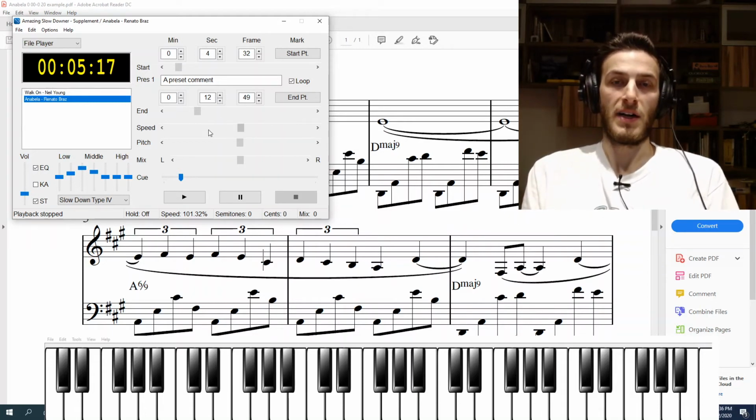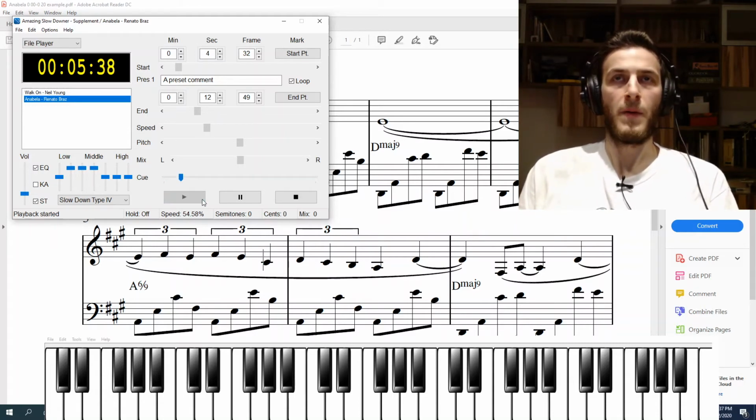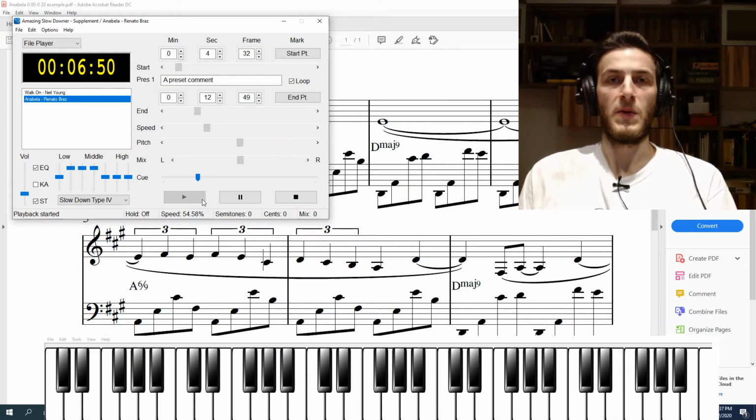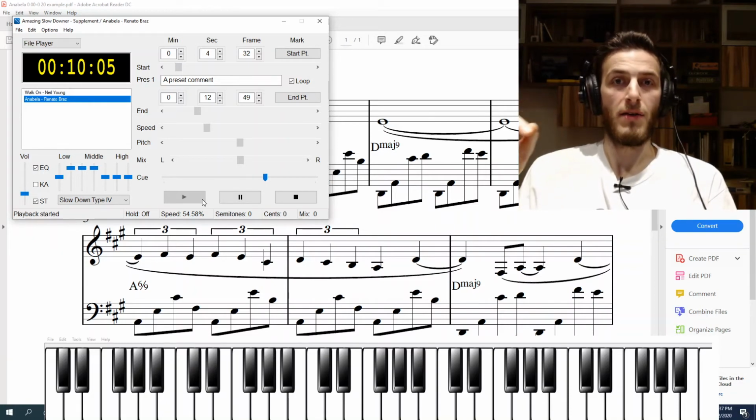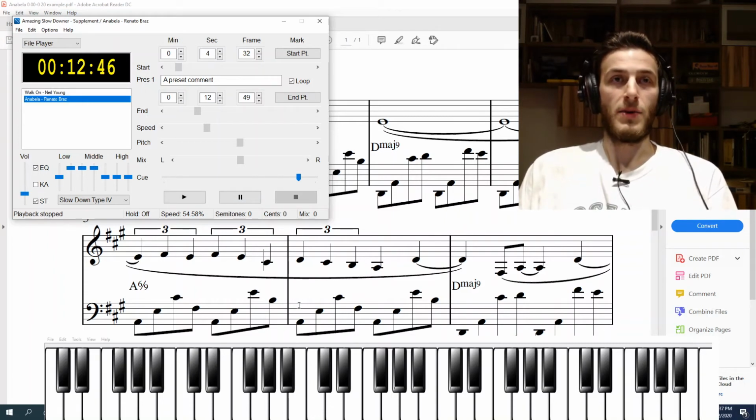So let's listen to it at a slower speed and focus on beats 1 and 3, and see if any places have something going on at beat 1 and 3 where it's not exactly on the beat. 2, 1, and 2 and 3 and 4 and 1 and 2 and 3 and 4 and 1 and 2 and 3 and 4. Yeah, the one that seems off to me is this one here,